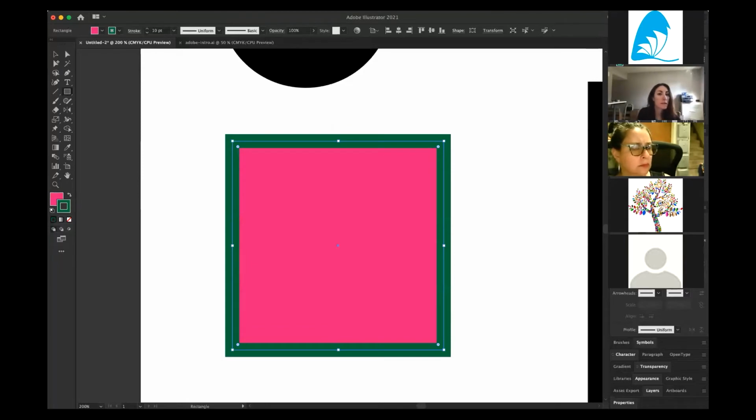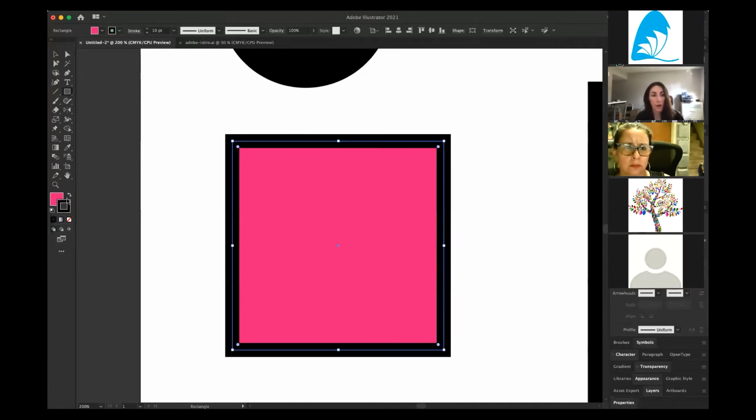Someone asked, what exactly is a stroke? The stroke is just the outline color of your object. So sometimes you might need it if you want to make it more bold, or what this may look like is more of that picture frame look where you have that frame idea. So it can have a little bit more emphasis on your design, or it can outline something and be a little bit more,